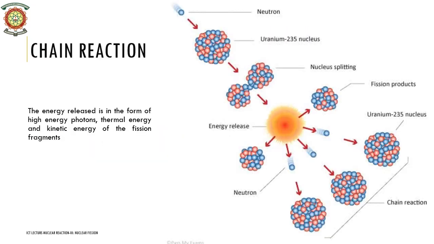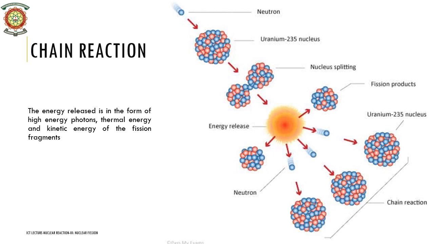Nuclear chain reaction. The importance of nuclear fission is due to the possibility of the reaction sustaining itself once it is initiated. We saw in the previous slide that when a heavy nucleus is fissioned with a neutron, more than one neutron is released as fission products. These neutrons can in principle cause further fission in a sample of fissionable material. Thus, there exists the possibility of the fission reaction building up, each fission causing further fissions. This is known as chain reaction, which is schematically shown in the slide.